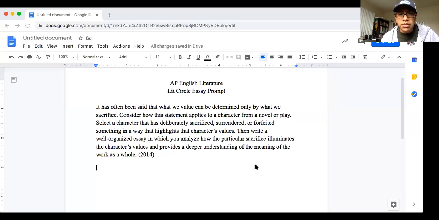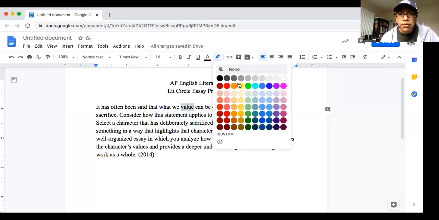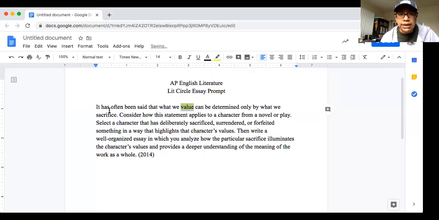So the prompt is this, right? I already posted it on Google Classroom. I think at this point, you all know first steps are to read and annotate the prompt so that you know what it's asking you for. So in this case, it has often been said that what we value can be determined only by what we sacrifice. So first things I would do is highlight value, and I would definitely highlight sacrifice,